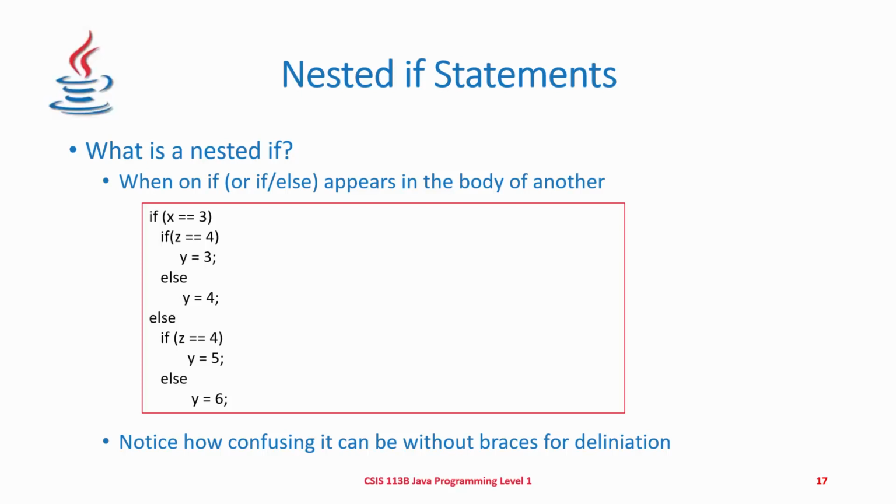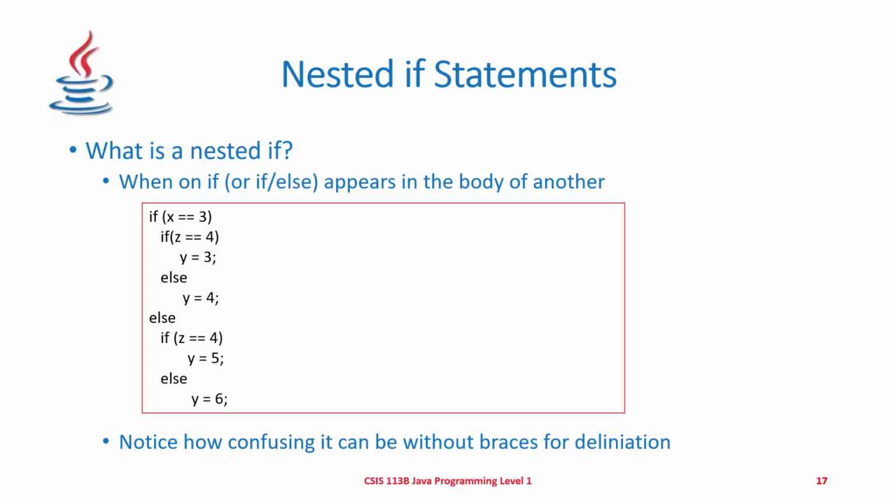In this example, we have an outer if statement checking the condition to see if x compares to 3, and then a nested if statement inside of that. So if x does compare to 3, then it's going to check to see if z compares to 4, and then there's a true and a false for that condition. Now, if x did not compare to 3, then we jump down to the else, and then there's a nested if in that else,